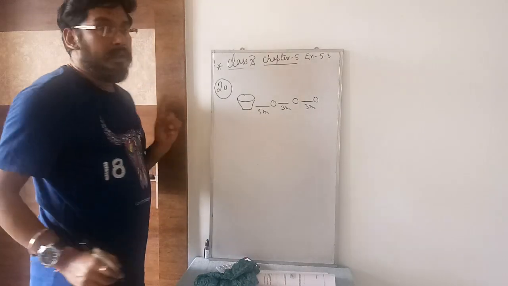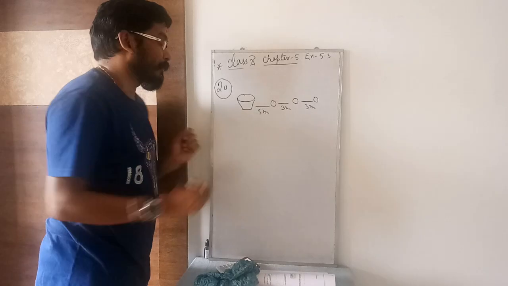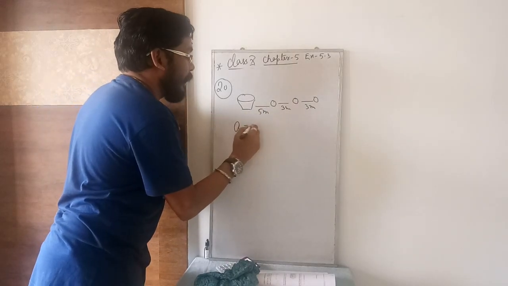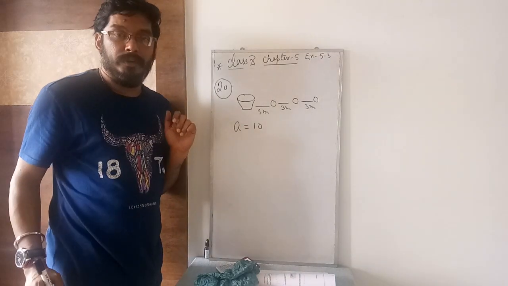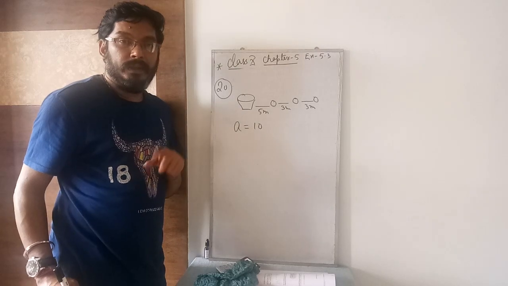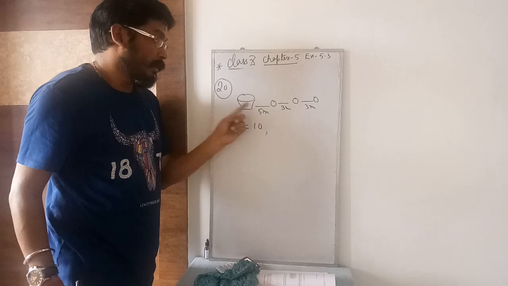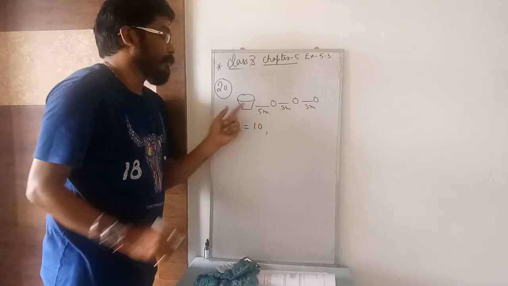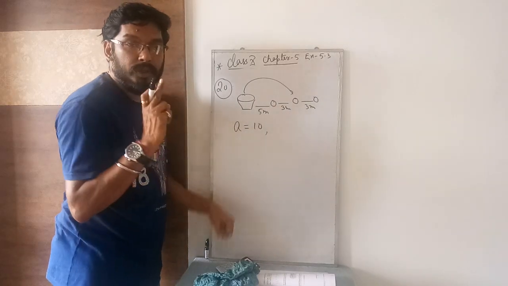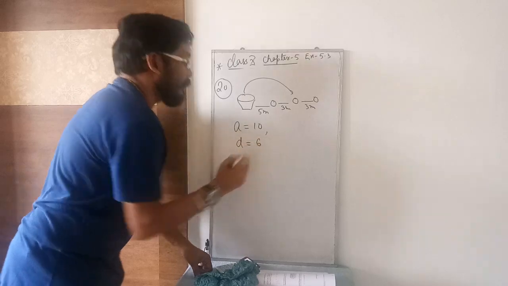So the first distance covered by her is 10, so A equals 10. Hope you have understood how. Going 5, returning 5, that is 10. The second length is 5 plus 3, 8, because from here to here she will go. So 8 plus 8 is 16. So the second length is 16, which means D will be 16 minus 10, that is 6.